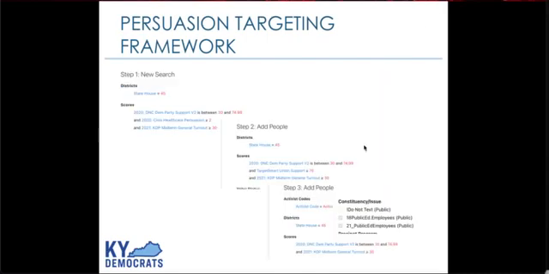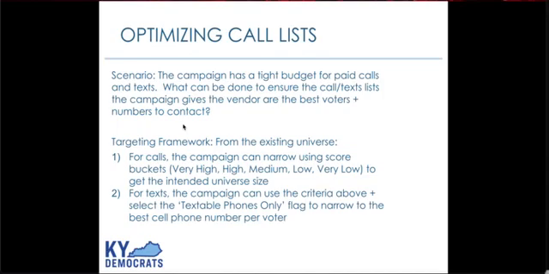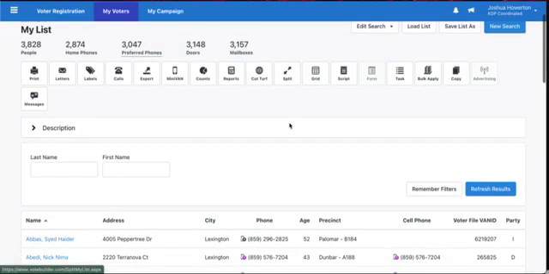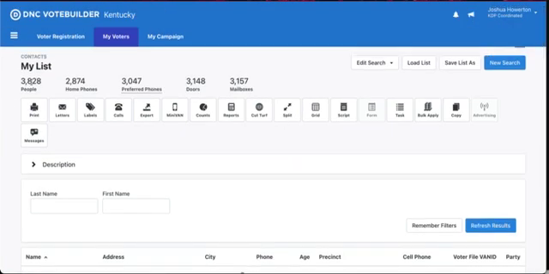And I'm just going to go back here, and we're going to see these steps all the way through. I did it in a bit different order, but these are the steps and an idea of how to build out the framework to identify these folks. So that was one way, and we're just going to keep this list as our main list to use for our next thing. So let's say this list, we wanted to go ahead and identify the best phone numbers to